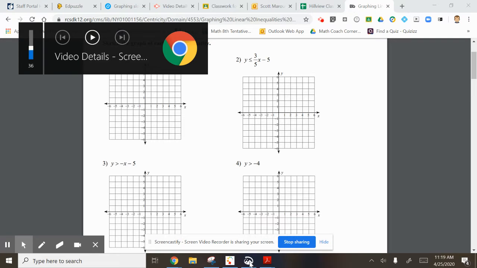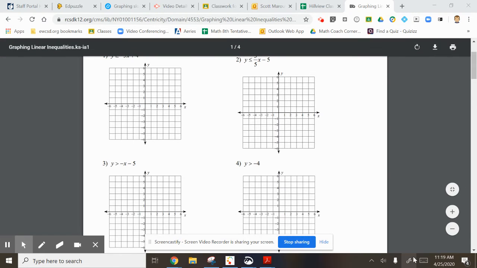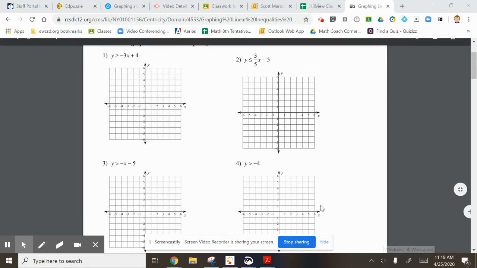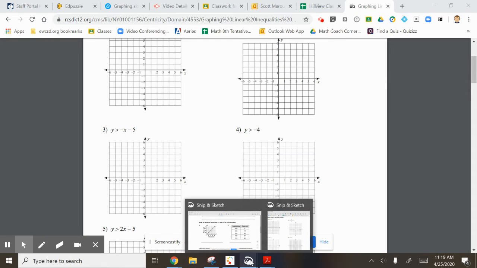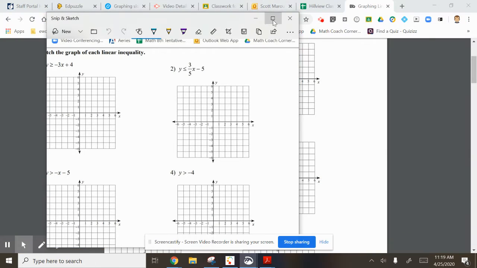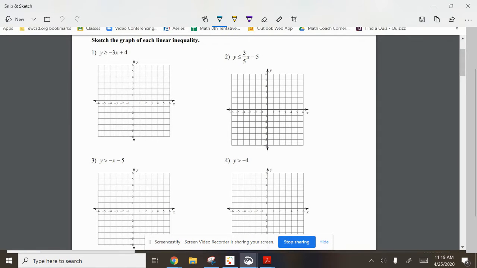Okay, so for this activity, we're graphing linear inequalities. This is the first time I've stepped it up for you guys. I've been saying I'm going to, and this time it really will happen. We're going to be graphing these, and we should remember this, but again, some of you have kind of